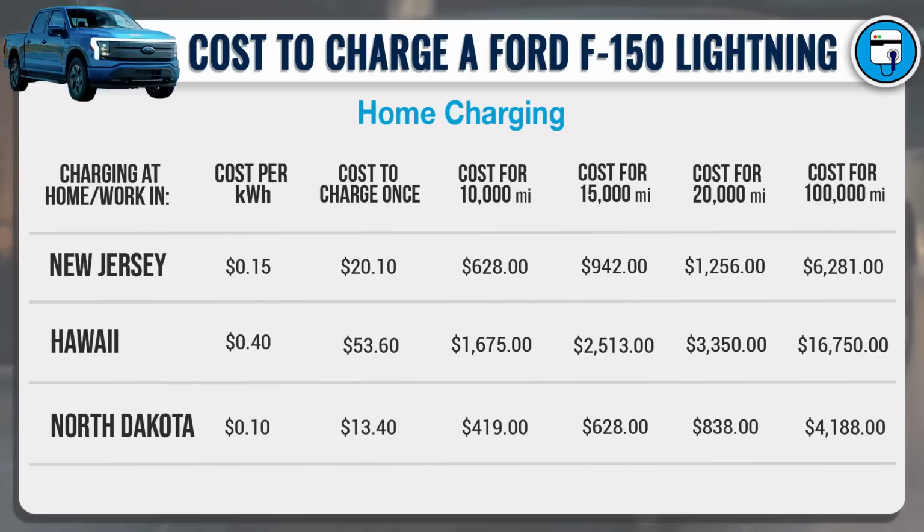Okay, now let's take a look at Hawaii, the most expensive state in the country. 40 cents per kilowatt hour. It's going to cost you $53.60 to fully charge your Lightning in Hawaii. To drive it 10,000 miles a year, $1,675. 15,000 miles is $2,513. 20,000 miles a year, you're paying $3,350. And a 5-year period, or the equivalent of 20,000 miles for 5 years at least, is going to cost you